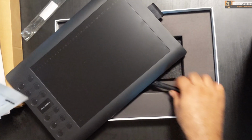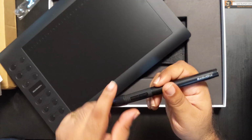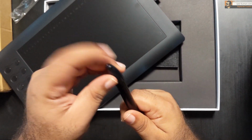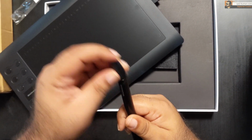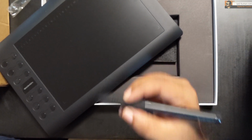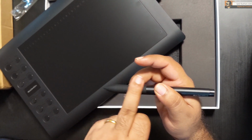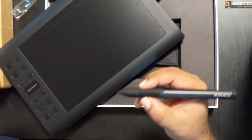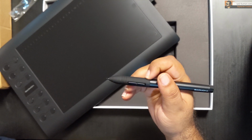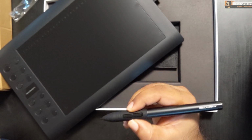Okay, in order to use this pen, you need to charge this pen. You can see the charging port in here. This pen comes with a cap, but unfortunately this cap does not fit in here. So we keep this one here for now. And I can feel the grip. They have a very good grip, and this grip is made with rubber. Maybe this pen is very new. I feel the rubber is a little bit smoother compared to other pens, but maybe over time this will become